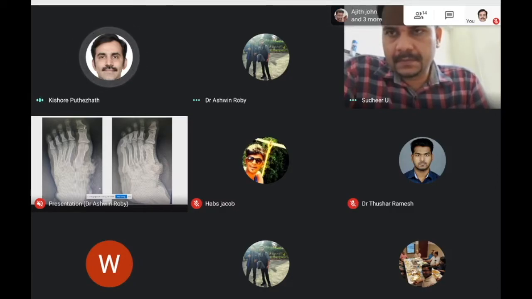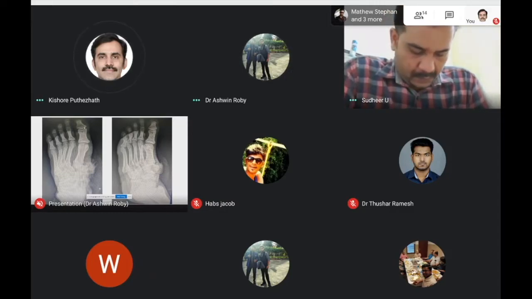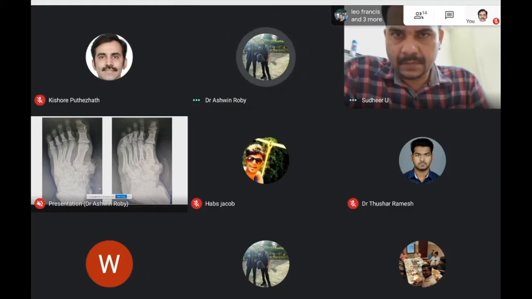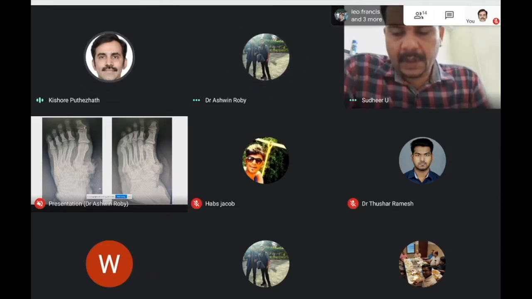And why do you want to treat a Lisfranc injury? Why can't you leave it alone? One thing is that because of the instability, because of risk of vascular compromise, also risk of compartment syndrome. What is the long-term sequelae if you leave it untreated? Arthritis, sir. Post-traumatic arthritis. It can produce two problems.